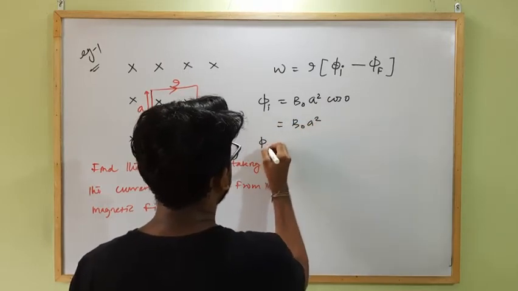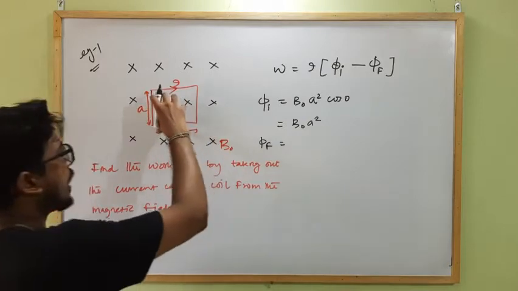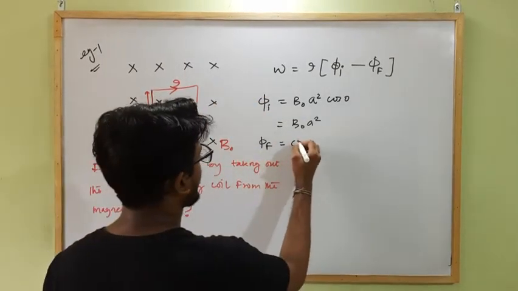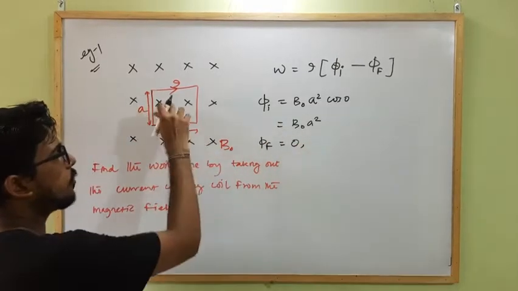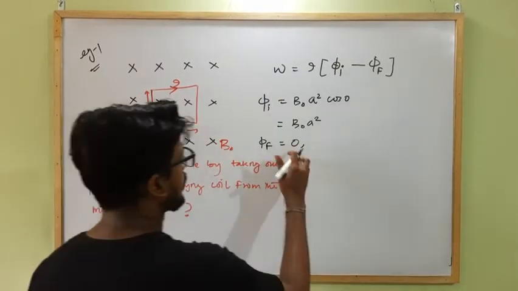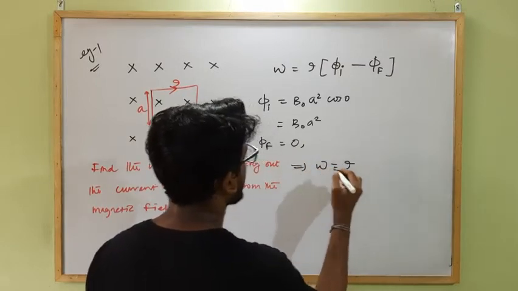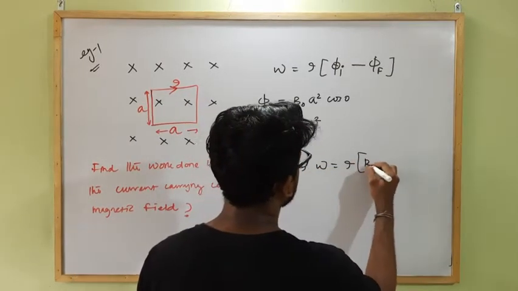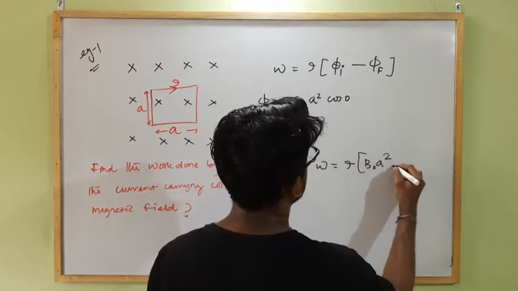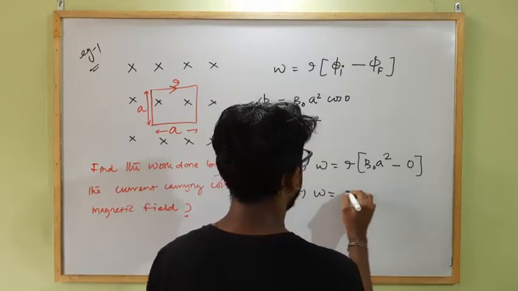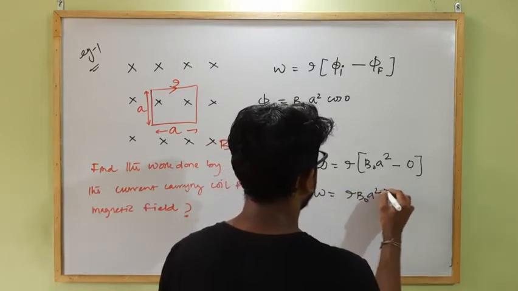And what is phi final? As we have to take this coil out of the magnetic field, phi final will be 0, because B will become 0 when it comes out of the magnetic field. So what is the work done? Work done equals I into phi initial, that means B naught A square minus 0. So work done will be I B naught A square